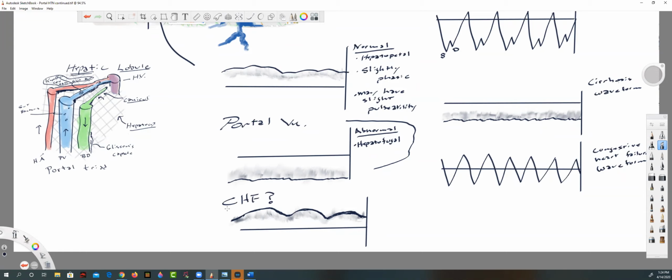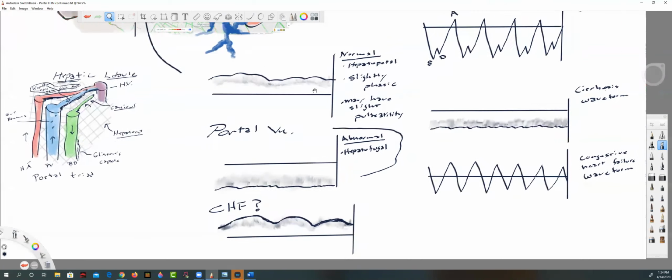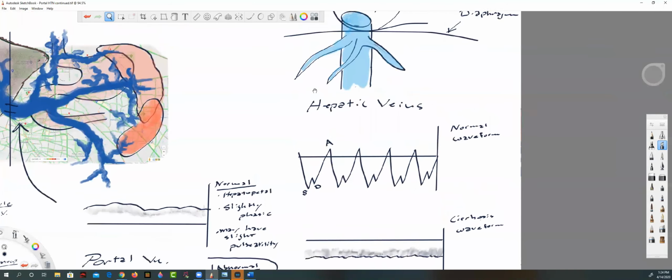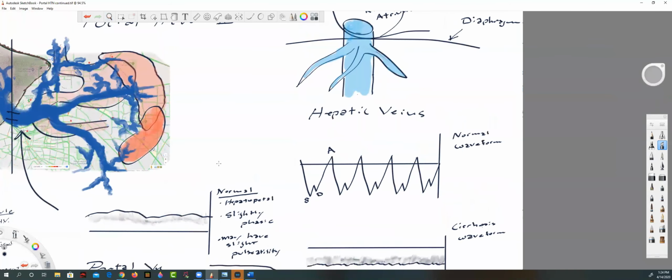Now, if you suspect congestive heart failure in the absence of all sorts of other things going on, you could actually look at the hepatic veins and see what they're doing. So let me go back to the hepatic veins. Oh, I want to talk about that too over there. Right, middle, left hepatic veins. Remember, when we see them